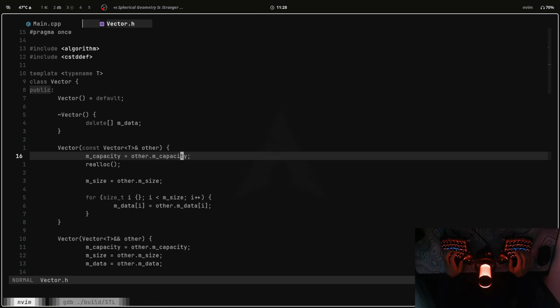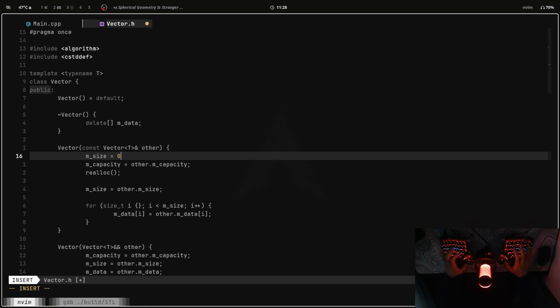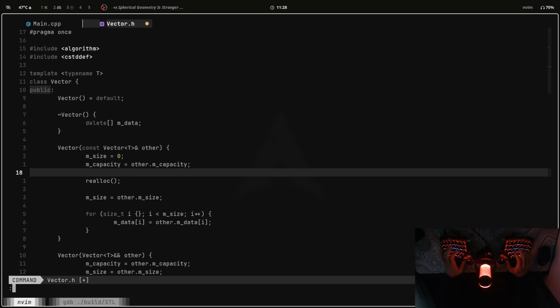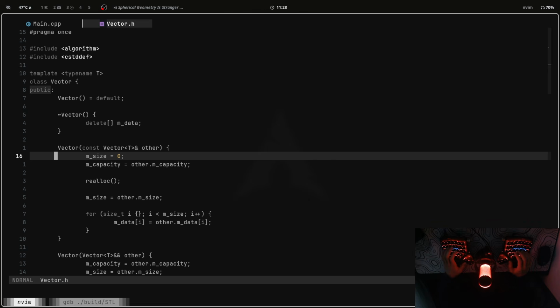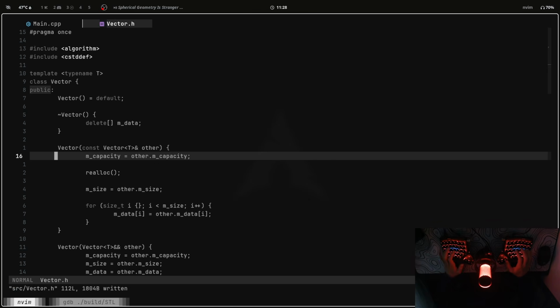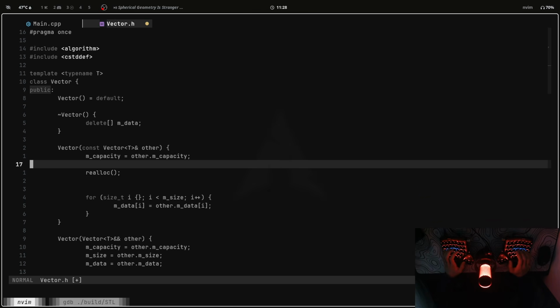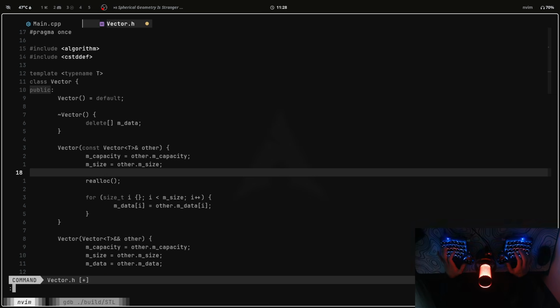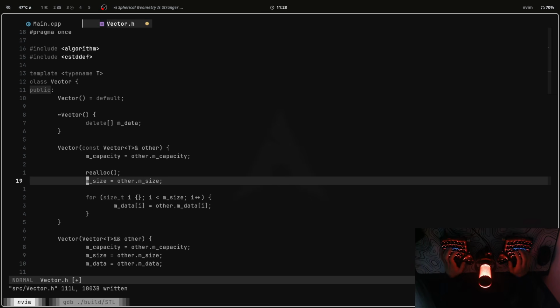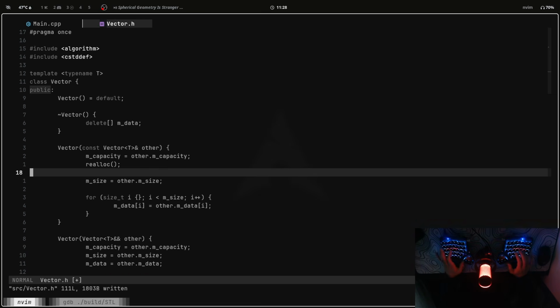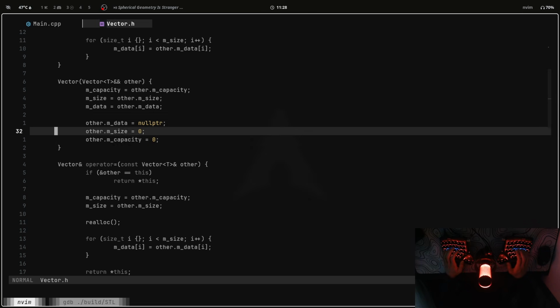And you can set mSize to 0 in here. That's also valid, so that we don't move any data, since it is 0 at the beginning. So just do that. That works, right? And let's do the same for the